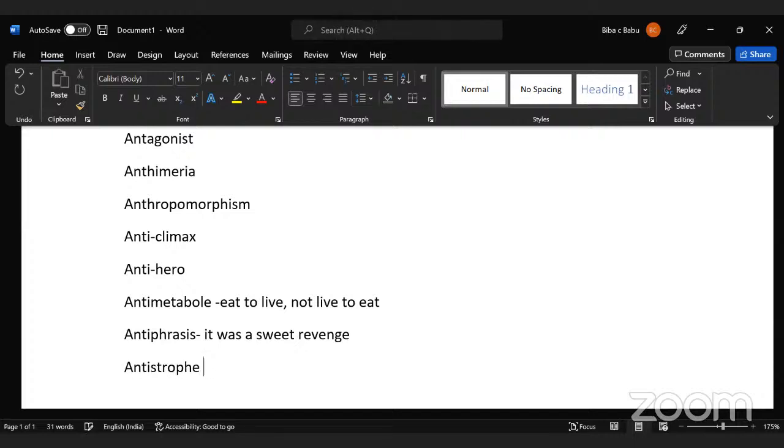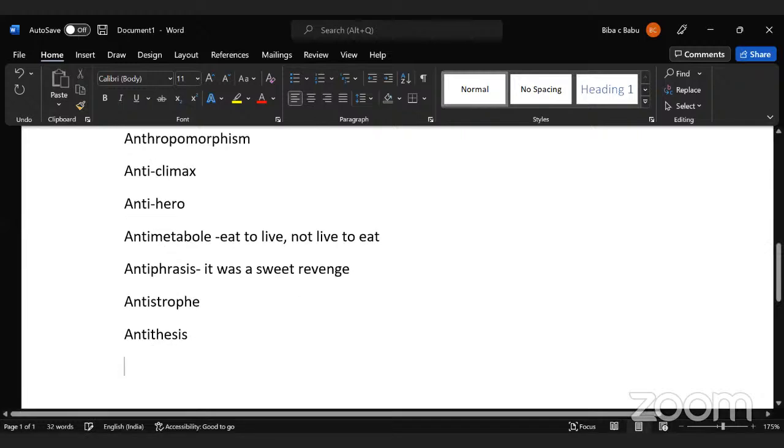antistrophe. Antistrophe is the repetition of the same words at the end of consecutive phrases, clauses, or sentences in order to emphasize a point. When you repeat the same word at the end of a sentence, it is called antistrophe. So there is a famous line from the Bible that says, when I was a child, I spake as a child, I understood as a child, I thought as a child. So the word child is being repeated at the end of each phrase. That is antistrophe. Next is